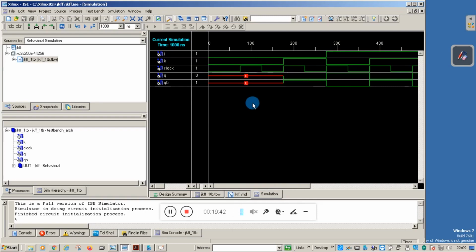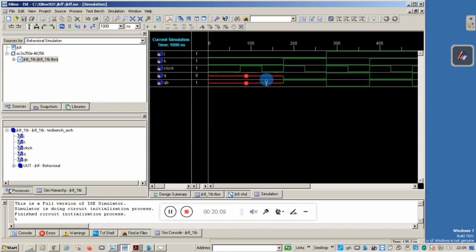Let me explain this one. You can put the marker, like add marker. Put the marker till here, and you can see it is undefined. Q and Q bar are undefined, meaning it is not defined. In the case of hardware, you can make out either the output status or the previous state, but in the case of software, it is taken as undefined.